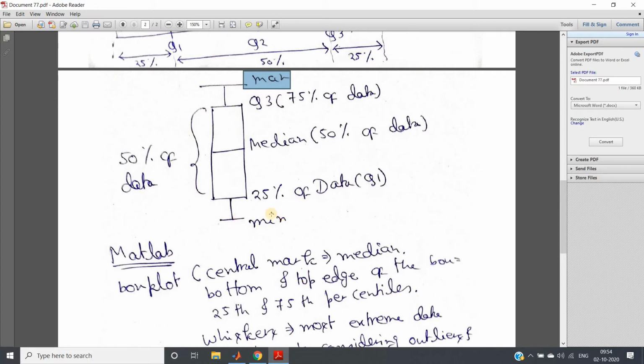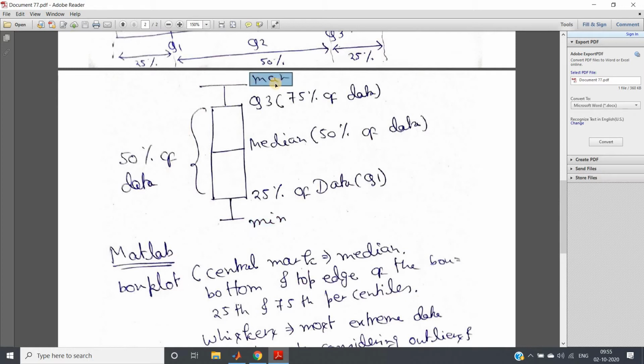Now, how to detect outliers? Already I have discussed, different methods are there. The Z-score method is present. Then the median absolute deviation method, using that we can detect outliers. Different techniques are there. So whatever min and max we are calculating, this is not the actual min and max of